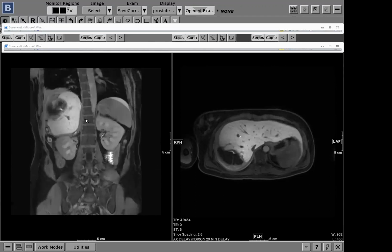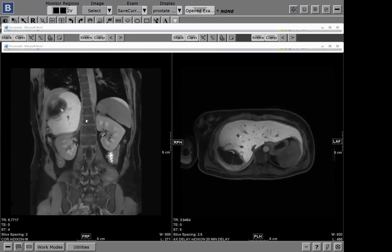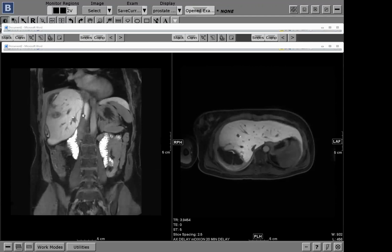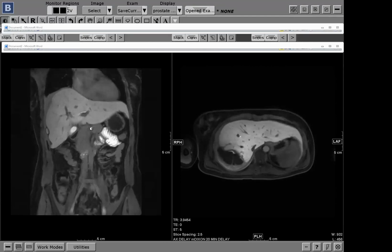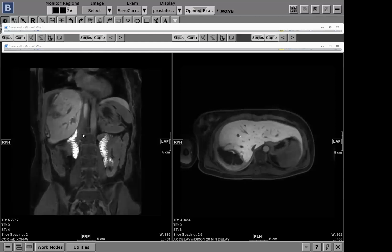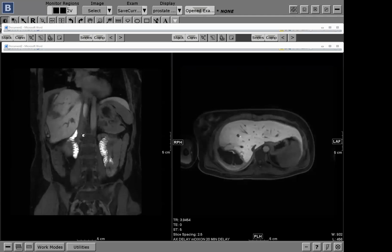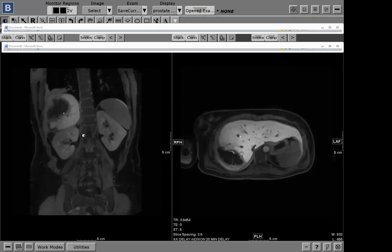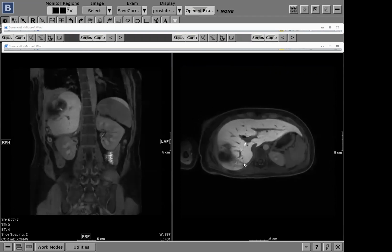Sometimes you're thinking about whether you're dealing with a choledochal cyst or just a cyst, and that's another way where EVIS is helpful, because it can show communication between whatever you're looking at and the biliary tree. HIDA is the diagnostic choice, but in contrast to HIDA, EVIS can actually localize the bile duct where the leak is,